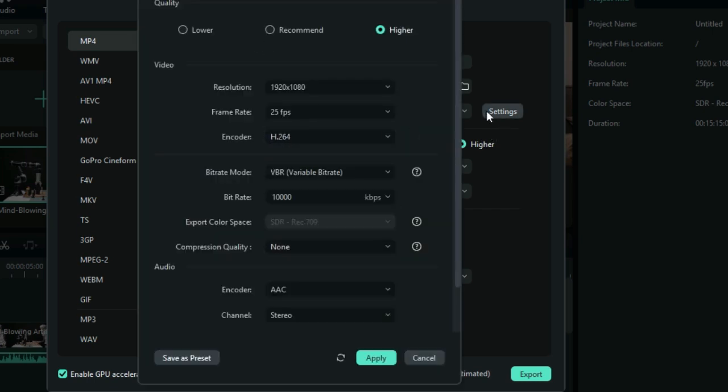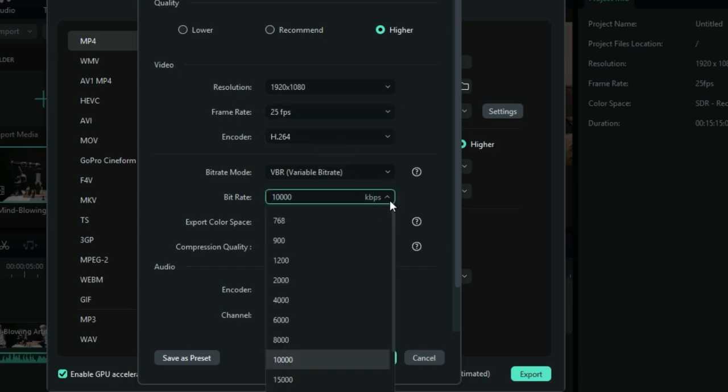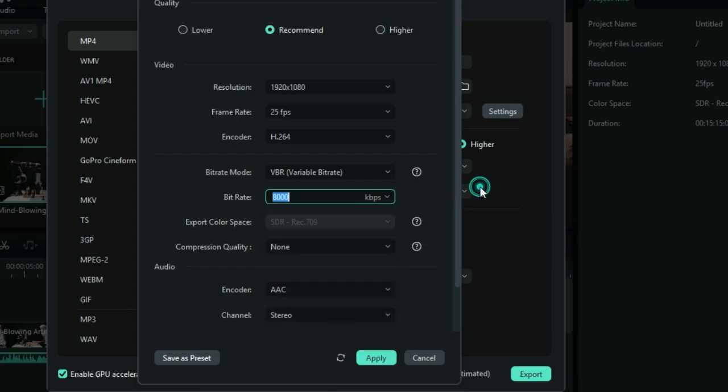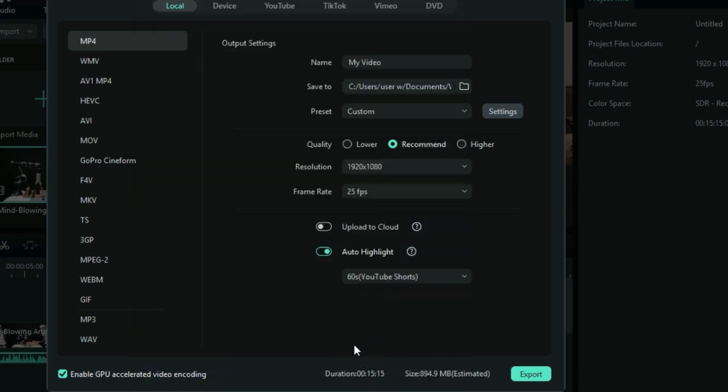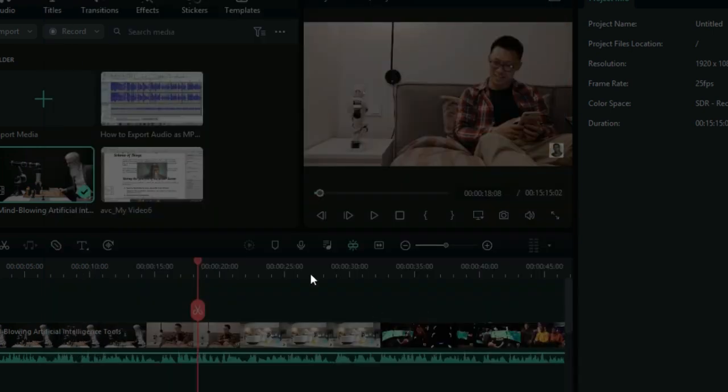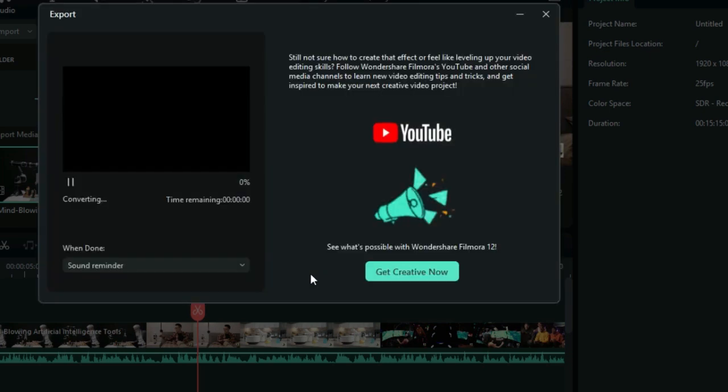Now by the time you have done this, the setting has been set. Then click on the settings under this place for you to see some more options. You can increase the bit rate to like 2000 or 15,000, but I'm okay with, let's say, 8,000. Then I'm going to click on apply. With this, your video will be absolutely crisp, and by the time you are done with that, just click on export, and then your video will be exported in